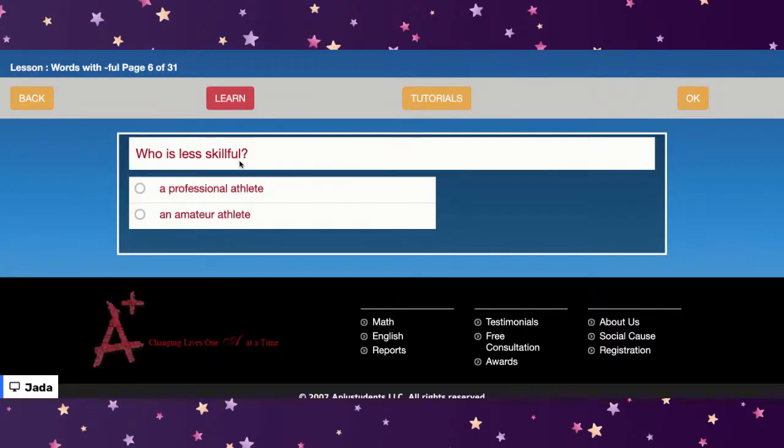Okay, so who is less skillful, a professional athlete or an amateur? Of course, an amateur, because if someone is less skillful, he is an amateur. An amateur is less skillful. So yeah, and then